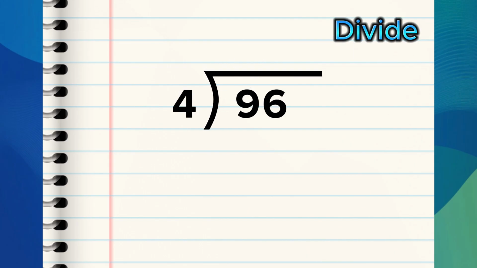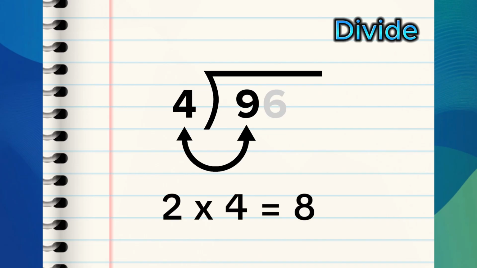First, we divide. When dividing, you start with the first number in the problem and work from left to right. So in this problem, we'll start with the 9. This makes the problem a lot easier. First, we ask ourselves, how many times can 4 go into 9? Or another way to ask would be, how many 4s does it take to make 9? Or almost make 9? 2 4s makes 8, which is almost 9, so let's write a 2 over top of